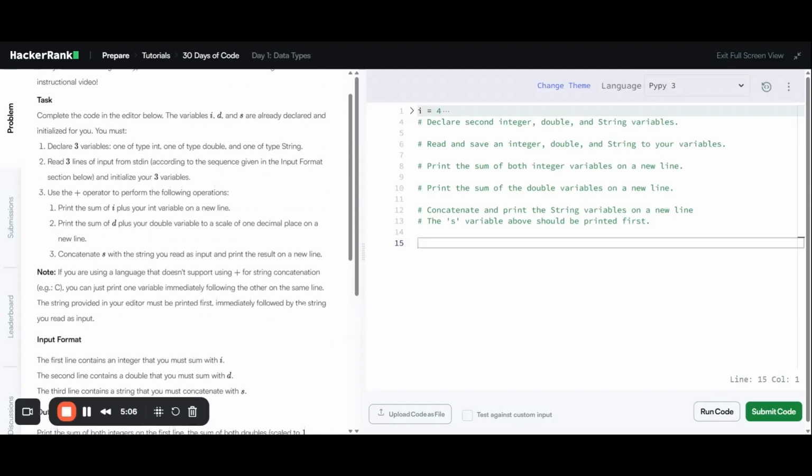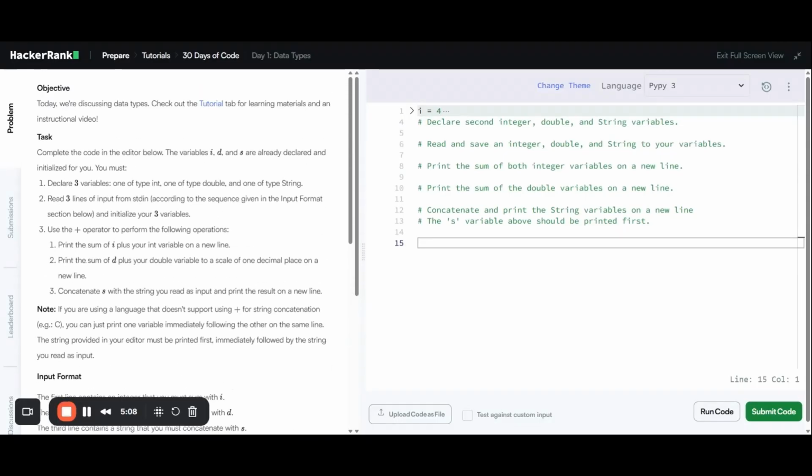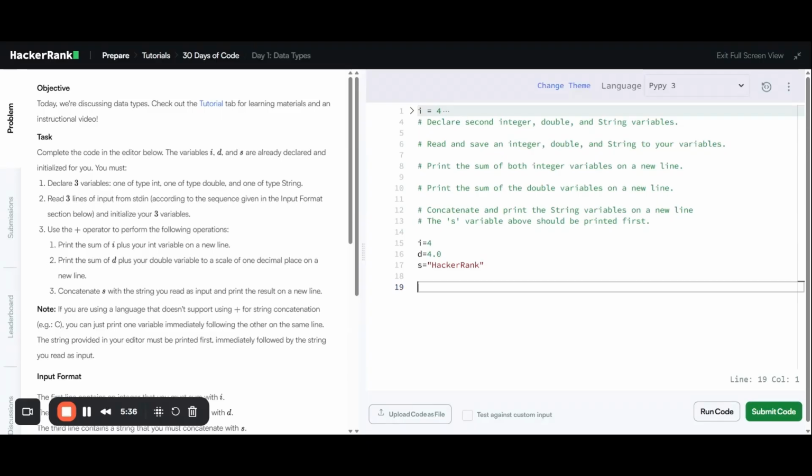Let's try to understand the problem and solve it. Here we need to declare three variables, one of type int, one of type double, and one of type string. Integer i is equal to some integer value which is 4, and d is equal to some float value, and s is equal to some string, HackerRank. These are the three input values that we are giving, and now we need to define three variables